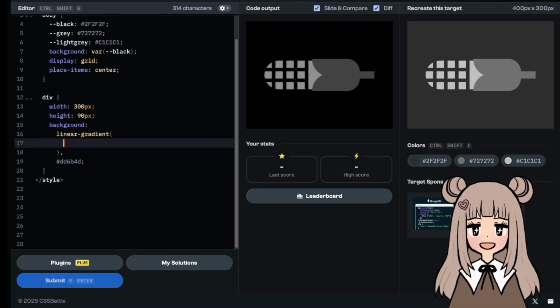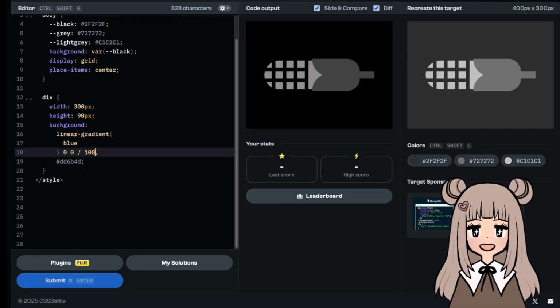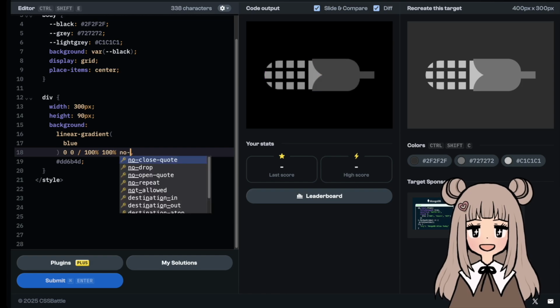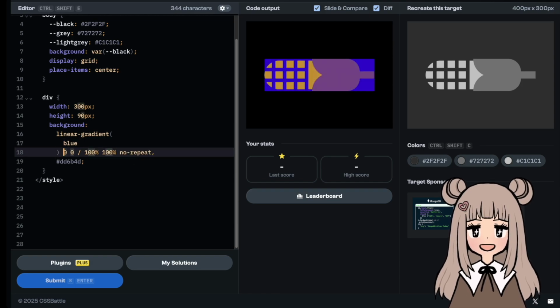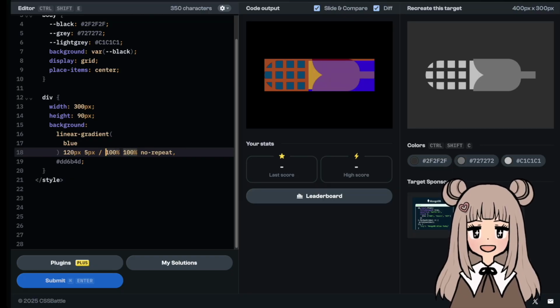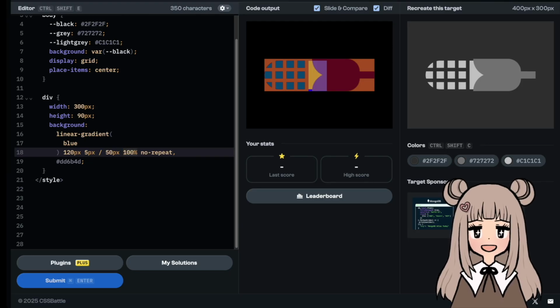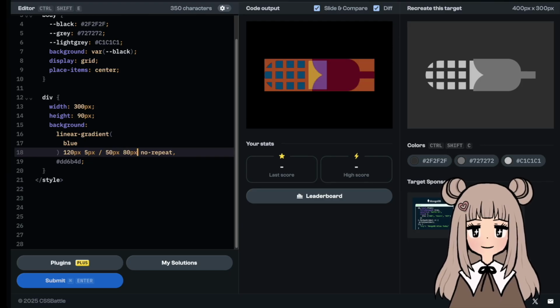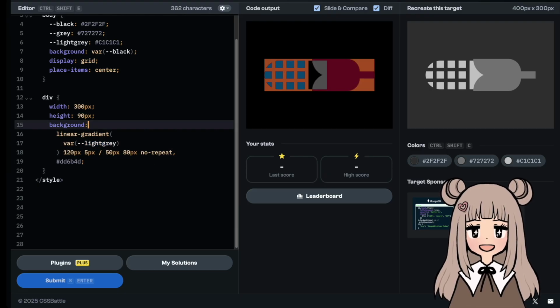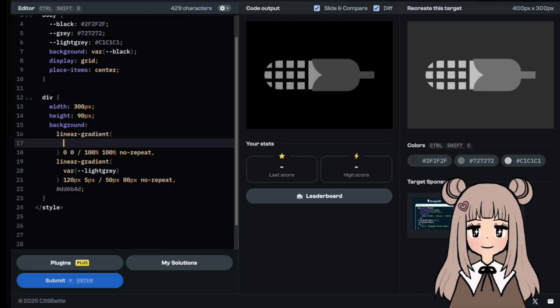Okay, so for this linear gradient, I'm just going to add a dummy color. Just need to put my default values here. Let's now move the x-axis along. Okay, got it. And the y-axis down. We can adjust the width of this now too. 50, and that will be 80. 80 in height? Yes. Nice, and that will create this square here. Let's make that light gray, and then we can add a linear gradient on top, and let's add a dummy